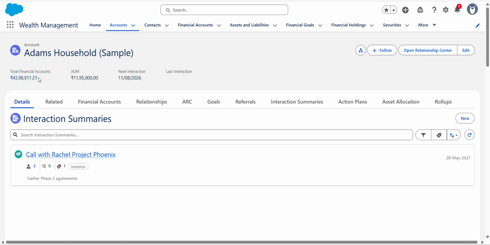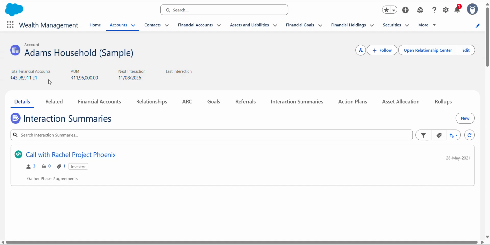When we added some money to Scott Adam, it added 10,000 extra to this amount. So this is the concept of roll-up summary in Financial Service Cloud.